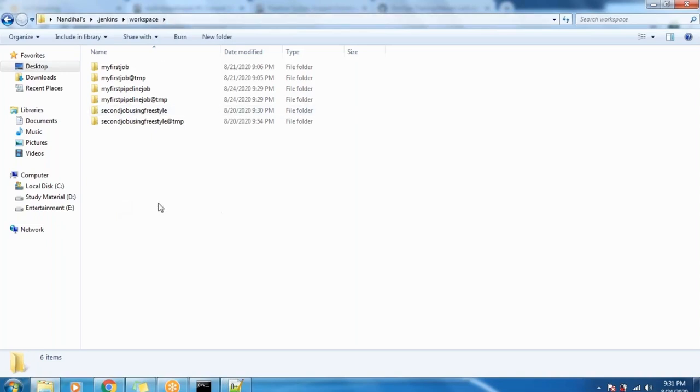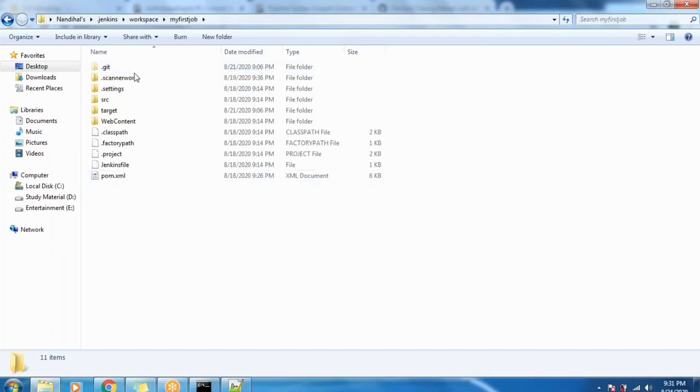Under workspace you will find two kinds of directories. One is your job, and another one is a temporary folder. You can ignore the temporary folder, and your code will be available under your job name. Go into that and you will be able to find all your code. You can see the timestamp as well. It has only just been updated, guys. That means we have successfully downloaded the code from the Git repository to our Jenkins workspace